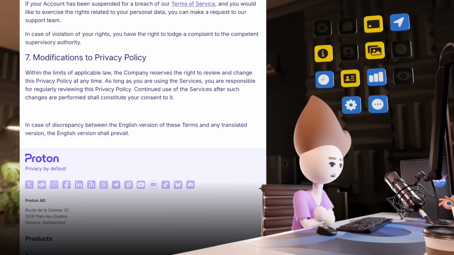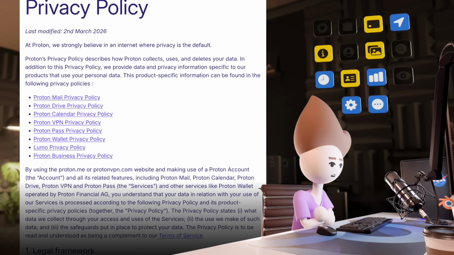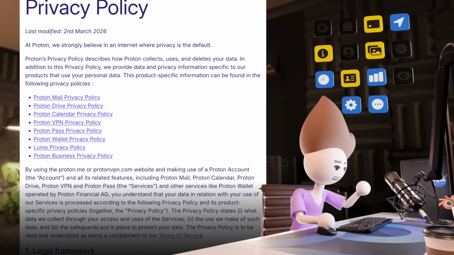Hang on, there's something we're missing. Oh yes, that's right, I forgot. Proton separates their privacy policy into 9 separate documents. Shoot. Looks like we ran into another transparency issue on the website that has the word transparency plastered on almost